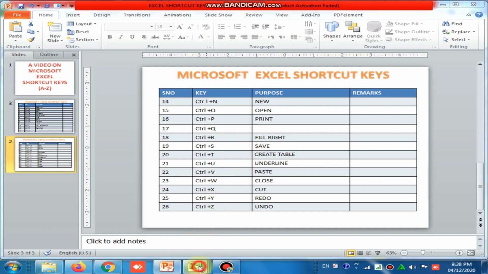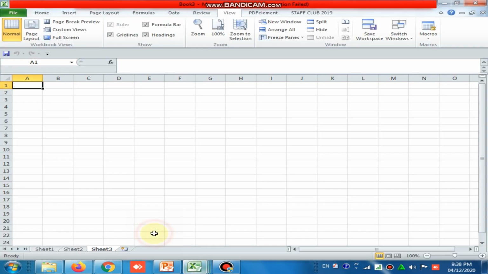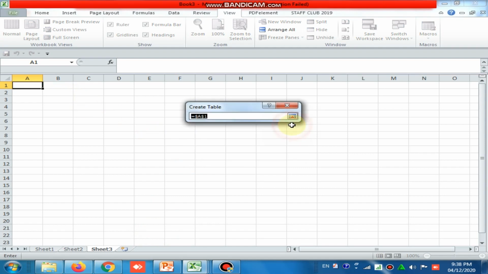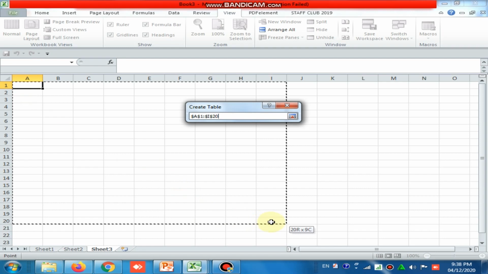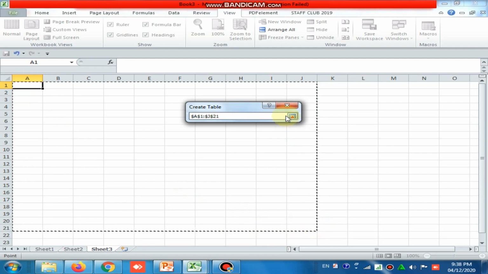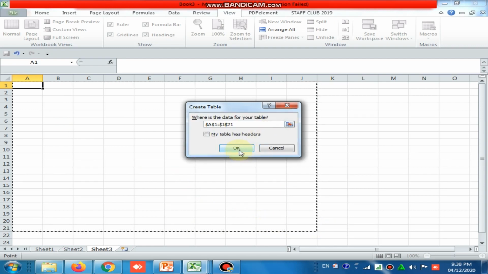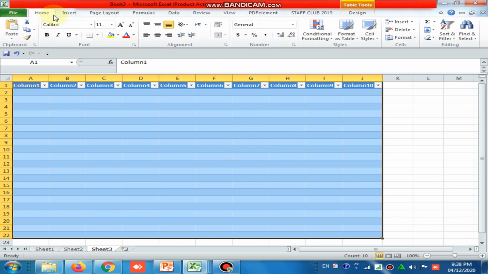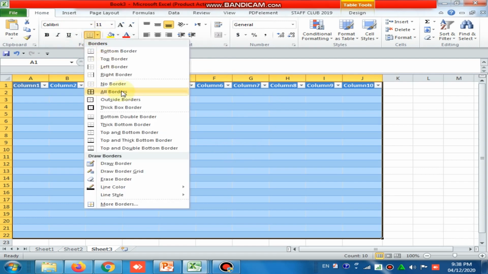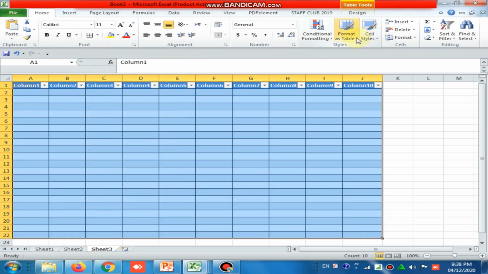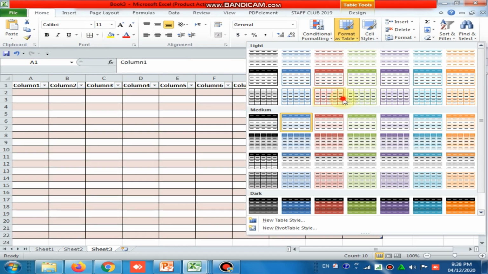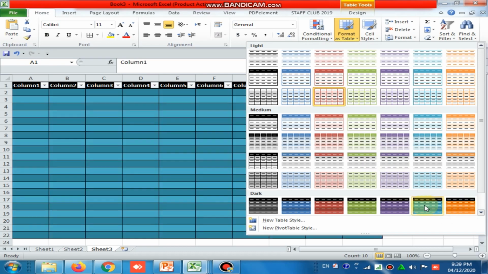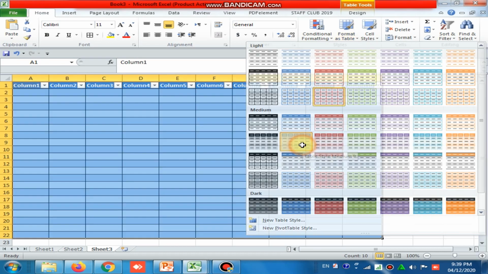Next, create table. If you want to create a table, just press Control plus T. Give the address by selecting the range like this, it will create the table. Press Enter, then OK. Or else you can select all borders, and go to Format as Table and choose a table style, for example a simple color.